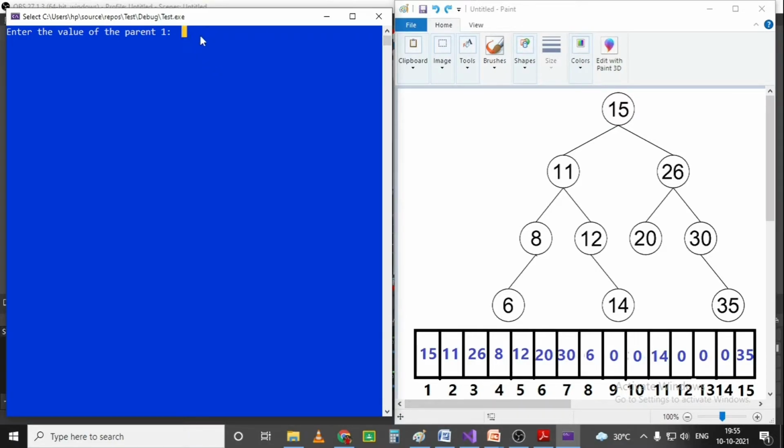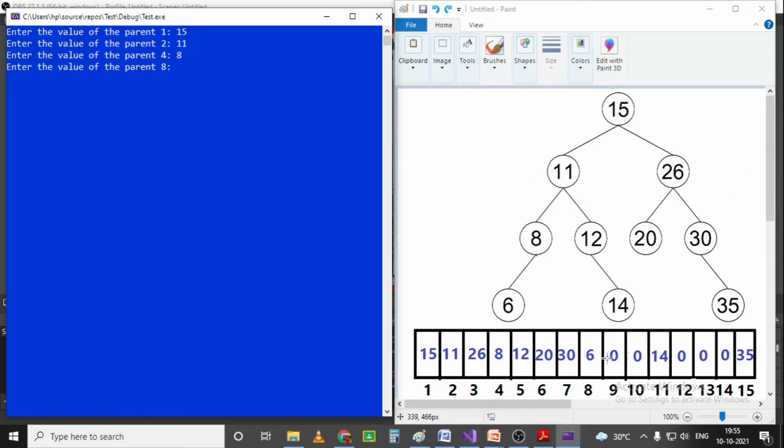I am going to enter the nodes one by one. First parent 1, that is root value, is 15. Next node 2 having 11. Then it is asking for 4, which is 8. Just by observing the array I am giving the input, so I don't need to look at the tree anymore.